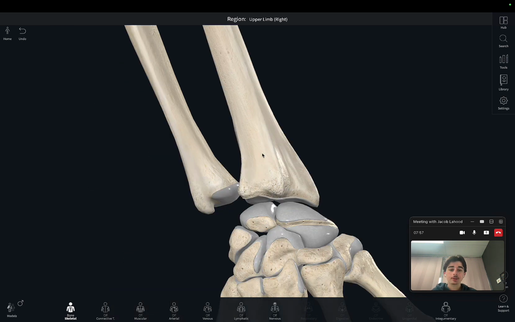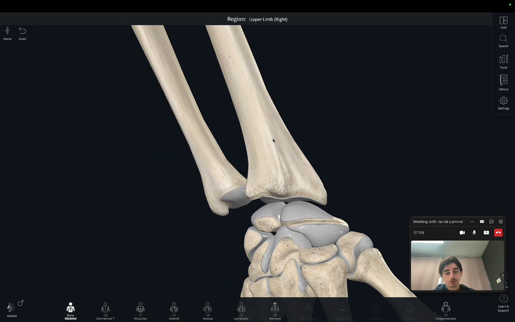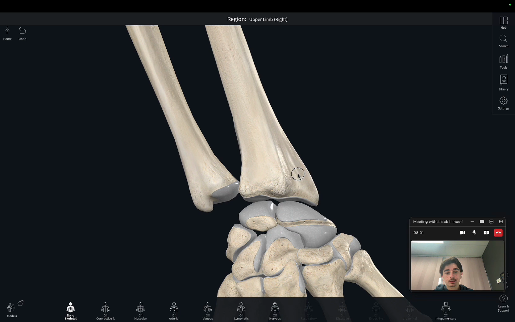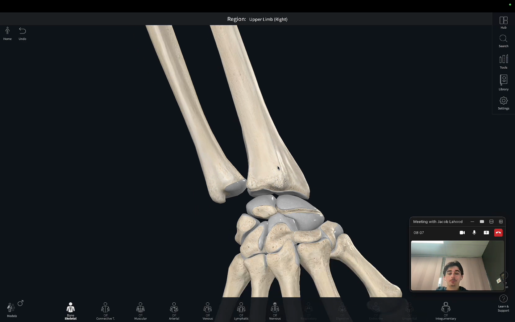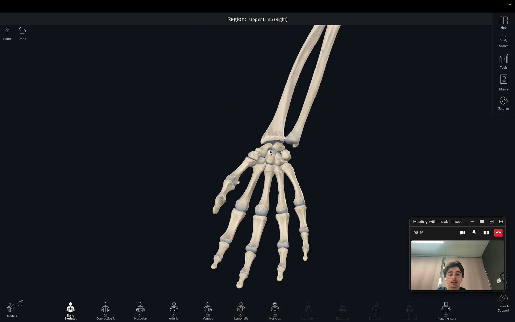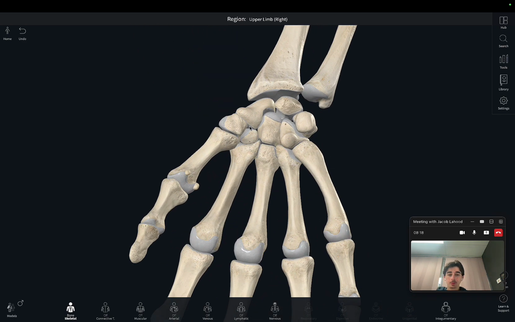If we go posteriorly on the radius, we can see this groove that forms. This is known as the dorsal groove, and it's also another important site for muscle attachment, which we will get into next video. Now moving on to the hand, we can see that we have the carpal group, which is